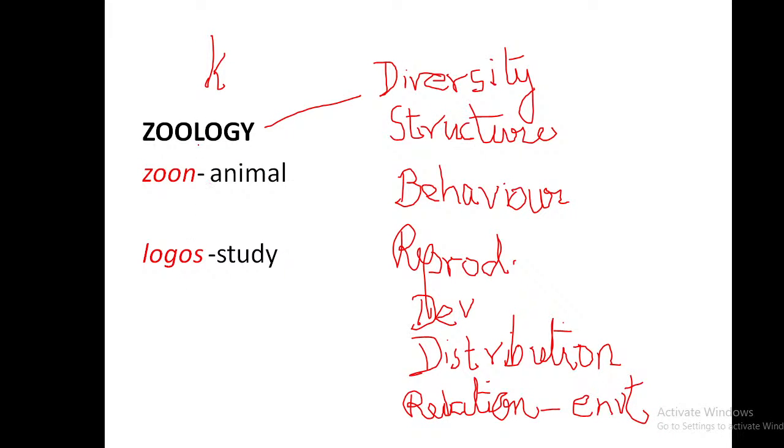Zoology is not a small topic, it is a big subject which has so many subheadings or subdivisions. Each year you will be learning different topics, different subjects. So the different subdivisions are